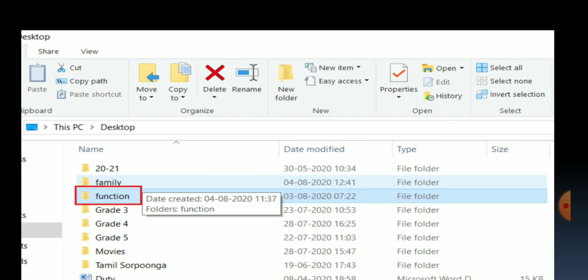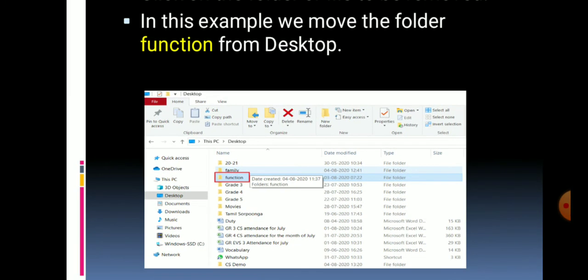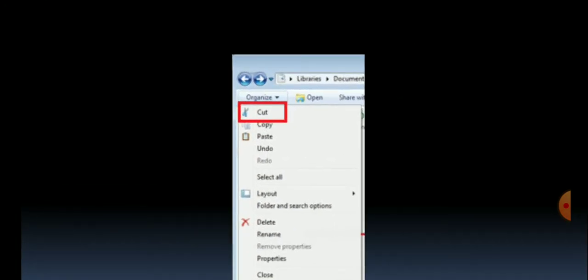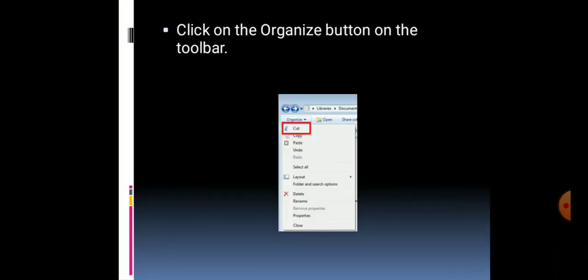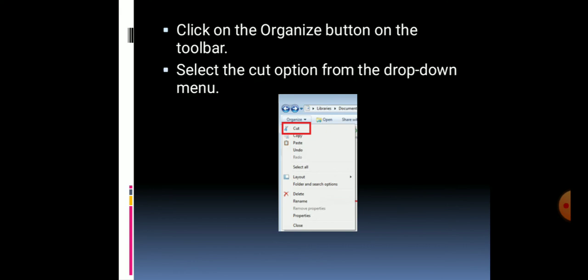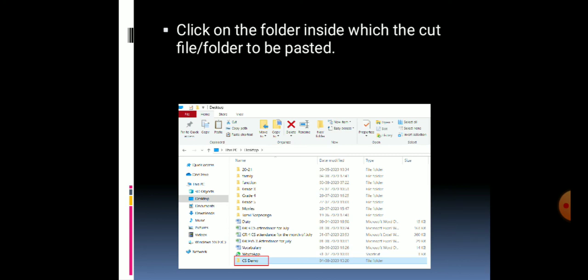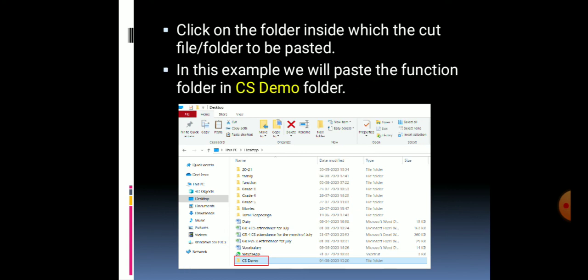So now I am going to move this function folder from the desktop and place it in another folder. So click the function folder, then go for organize, click on the organize button and from the drop down menu select the cut option, and here I have to click the folder in which it should be placed, isn't it? So I have selected the CS demo folder.